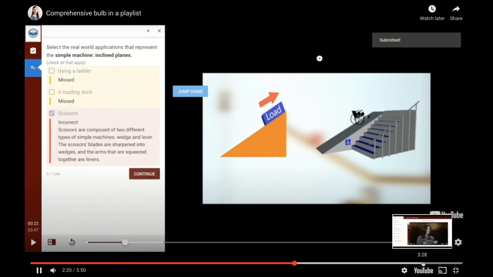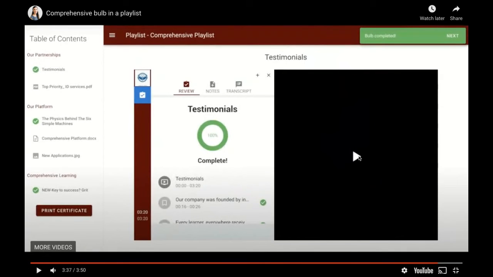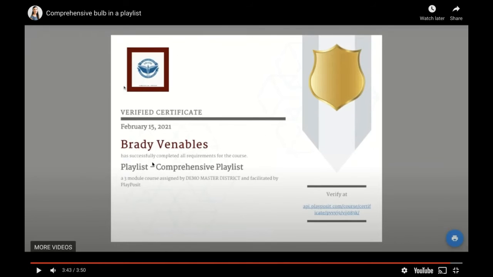As we do near the end here, you did notice, of course, that printable certificate option. That is something that can be very powerful, depending on what sort of program you might want to use this for. You don't necessarily need to include a certificate in your playlist if you don't want to. Maybe your goal is to just deliver a week's worth of content to your learners through Blackboard, and you don't need that certificate. You just need that grade syncing to Blackboard. Totally fine. But if this is something that you do want to include for your learners to generate upon completion, always an option for you too.